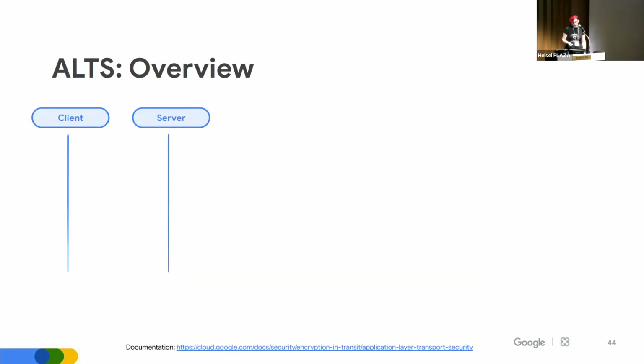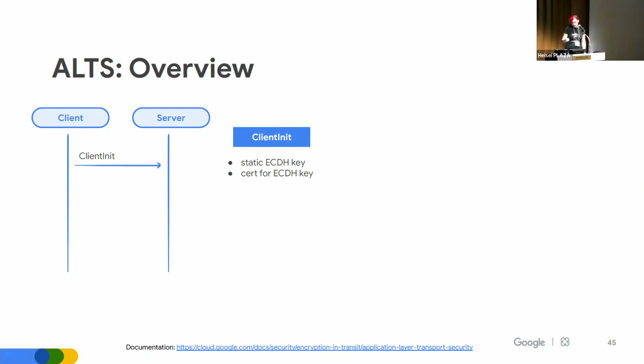So how does ALTS work? I want to give a very quick overview here. There is a white paper on this available if you want more details. I will focus on the part of the protocol that happens when forward secrecy is not a requirement, which is used for the very latency sensitive use cases. So how does it work? Essentially, it's a static to static ECDH key exchange and fairly straightforward from that point.